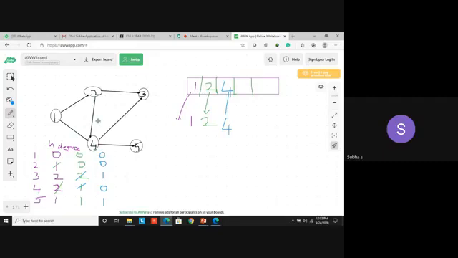If it is an undirected graph, all nodes are adjacent to 4. But this is a directed graph. Adjacent node means only if there is a path from 4 to any other node. That is out degree. If there is an out degree, that is your adjacent vertex. So 3 and 5 are the adjacent vertices, so decrement their in degree by 1. Yes.